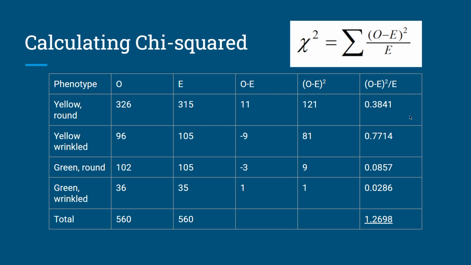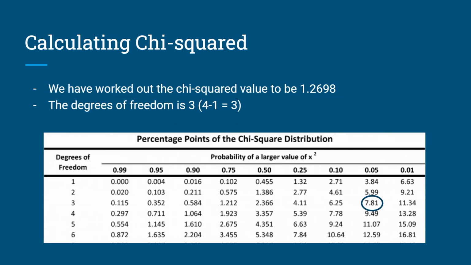So that would be 121 divided by 315, 81 divided by 105, 9 divided by 105, and so on. And your final step is the total of everything in this column, so 0.38 for the first plus everything here. And this right here is your chi-squared value, so that's how you can use a table to help you work out the chi-squared value. So now that we have worked out our chi-squared value to be 1.2698, we can use this table